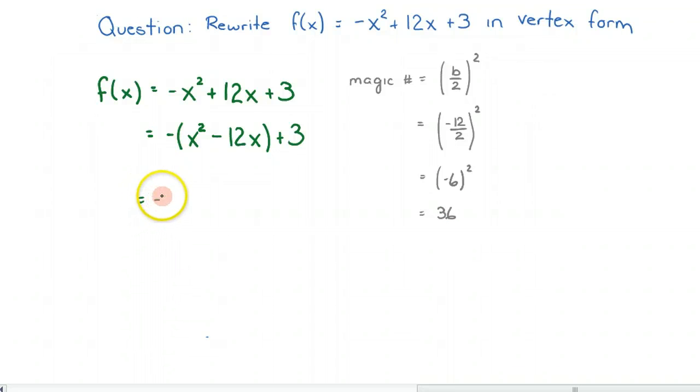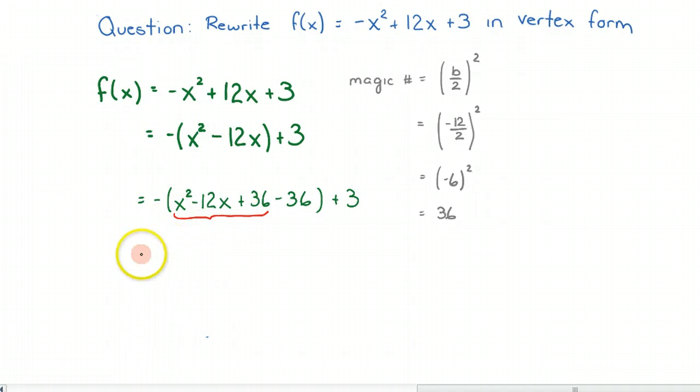we end up with negative x squared minus 12x. And I'm going to say plus 36 minus 36. Notice we always do the plus term first, then the minus term. Plus 3. And now if I've done this right, these three terms should make a perfect square, and in fact they do. So this factors to negative x minus 6 squared